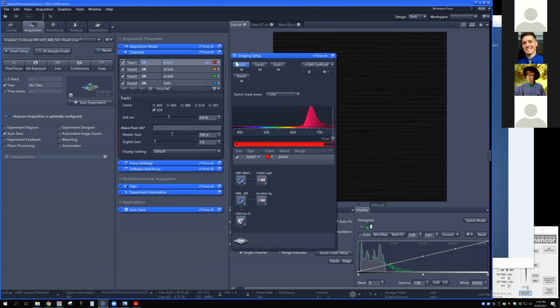So here we have, Zen always starts you with the longest wavelengths first. I like to go the other way. I can leave it however you prefer. I like to go long to short. Do you? Okay, all right, then I'll do it that way. It's going to break my heart. Well, because Daffy excites everything. It does, and it reaches everything. I know. The other way around is not the case, yeah. I know. I guess my rationale was always that for a snap that matters, but for a Z stack, you're cycling anyway. That's true. Yeah. Anyway,